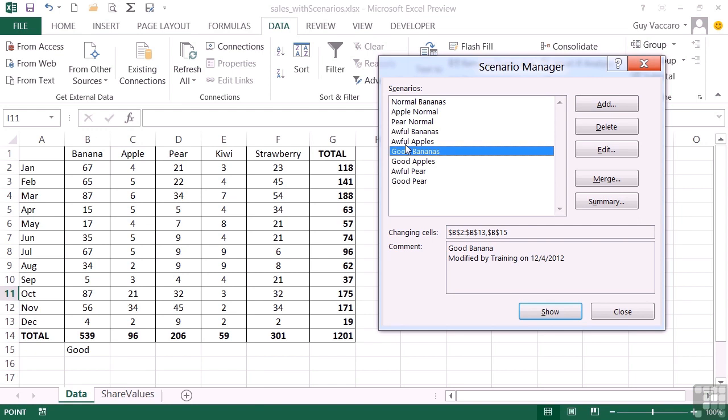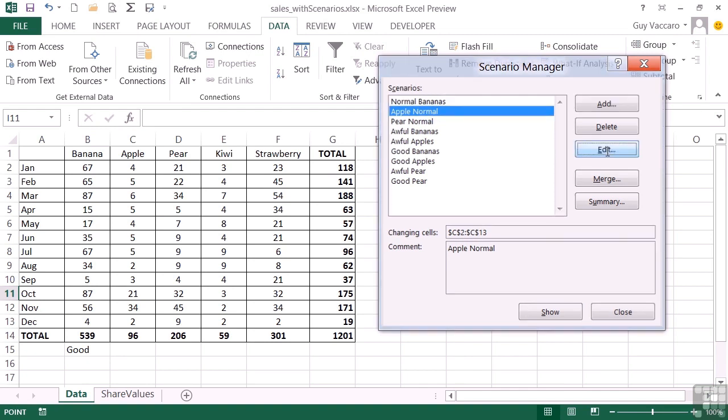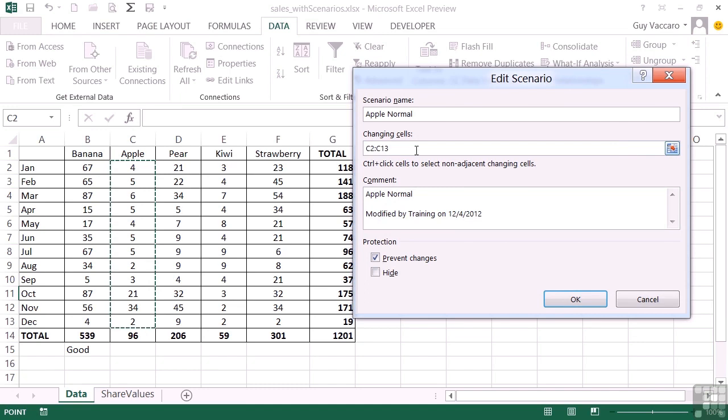Now, planning ahead, you would put that changing cell in right at the beginning, making sure you highlight the cells you want to change, plus the cell that will contain the label in this case. So you would do exactly the same for the apples and the pears. All of the scenario values would have to be edited, add in their changing cell, which for apple would be C15,